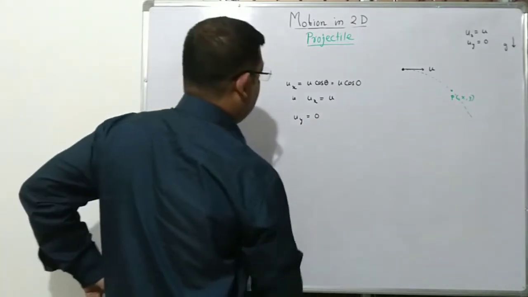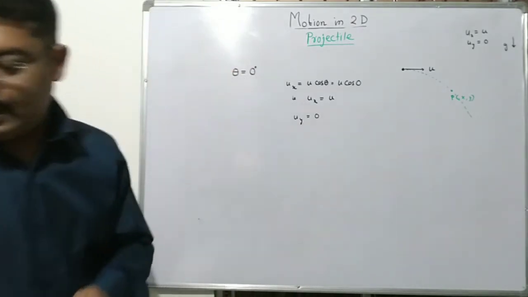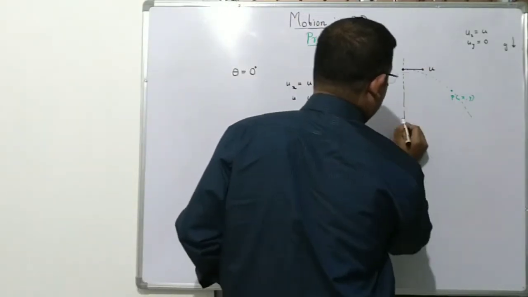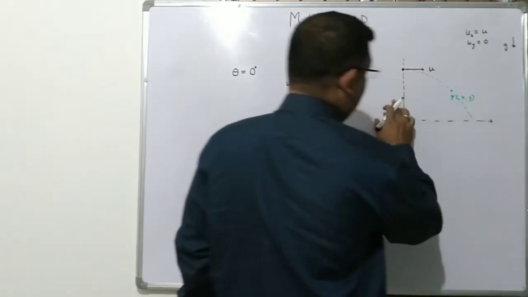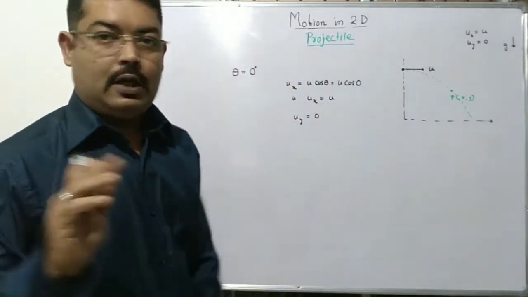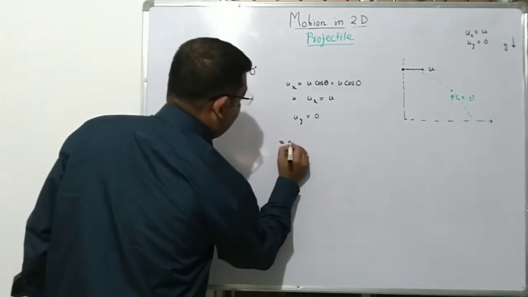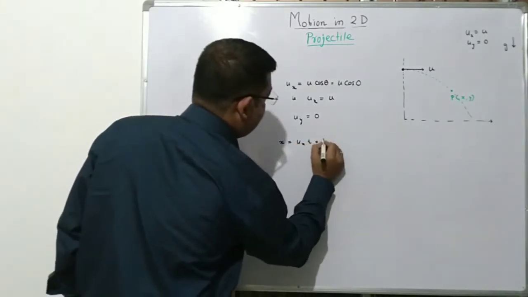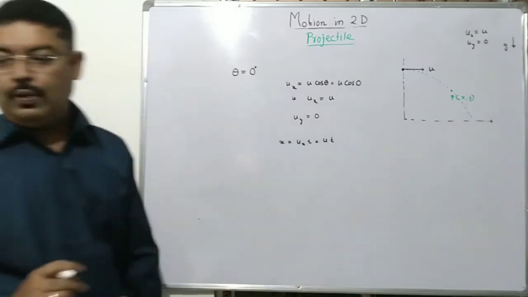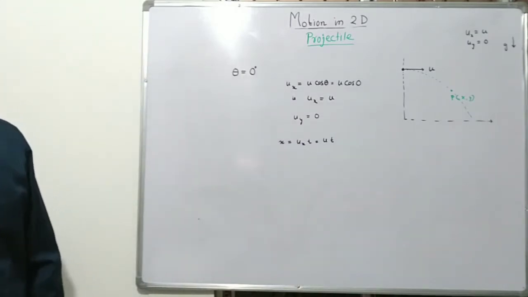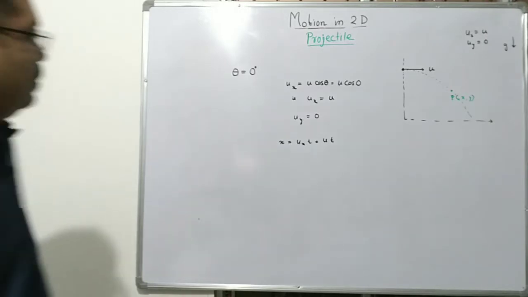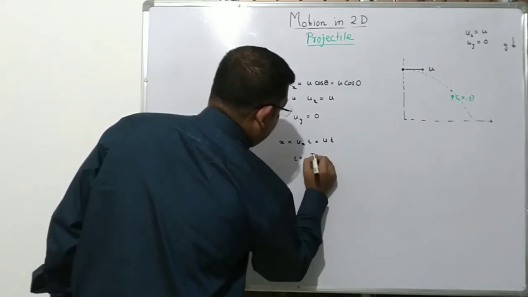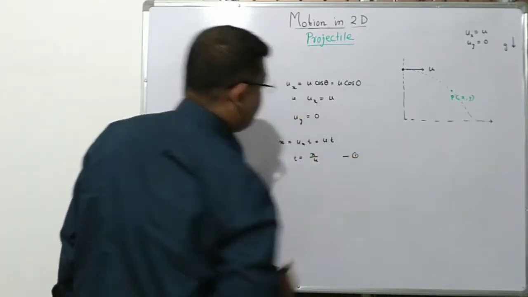So we have to find an equation for the trajectory. Now for the point P, say this is the y-axis, of course, and this is the x-axis. What is the distance traveled along the x direction? It will simply be x equal to ux into the time taken. Let's call this t. That is x equals u into t, since ux equals u. Or in other words, the time taken to reach point P will be given by t equal to x by u. Let's call this equation number 1.